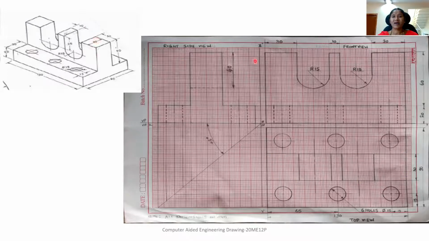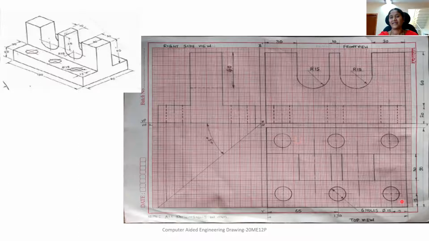So in this, you have to draw the projectors from this point in order to represent this width and these 3 rectangles. You draw a vertical projector from this to the center, to the middle of the component. That is, these rectangles can be seen only for their width of 30 mm. So draw a vertical projector from here, from this point to this point. Again from here, the vertical projector for a width of 30 mm. Again from this point, and also from this point. So now you complete the top view.